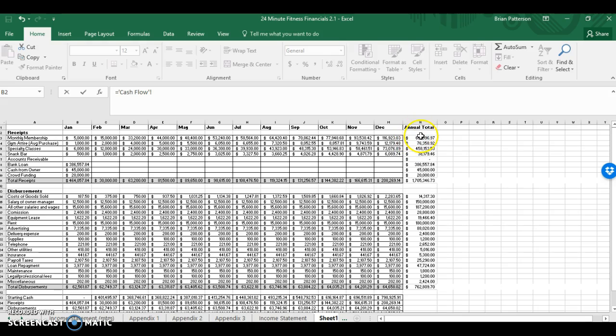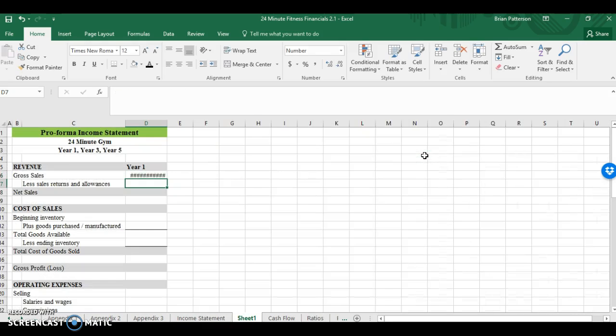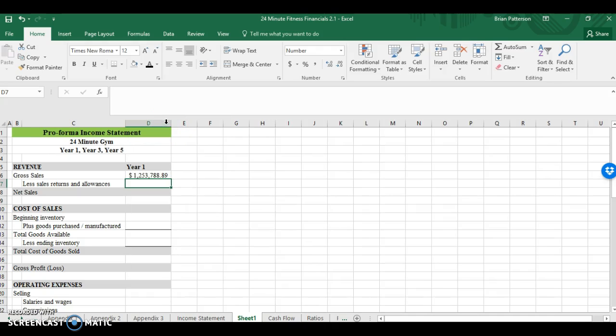So I'm going to take my monthly membership plus my gym attire plus my specialty classes plus my snack bars, and I'm going to hit enter. When I enter, it automatically goes back to my income statement sheet. So my gross sales for year one are